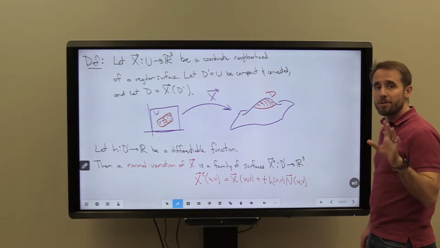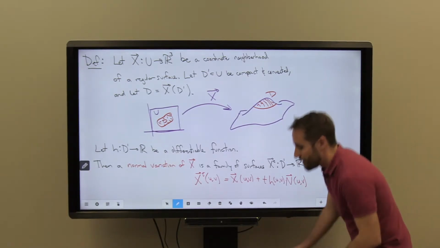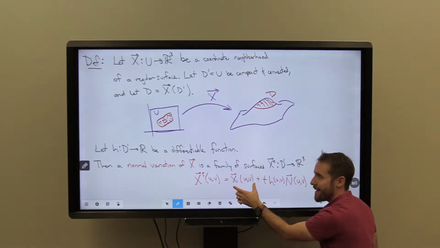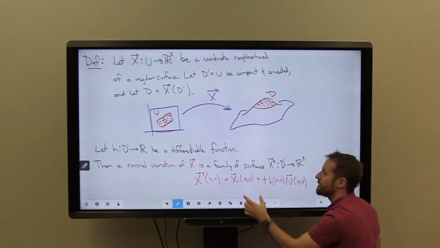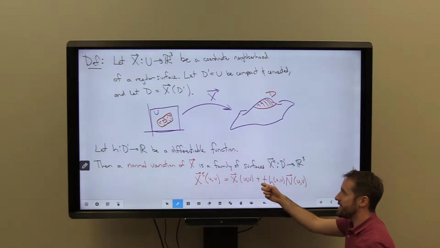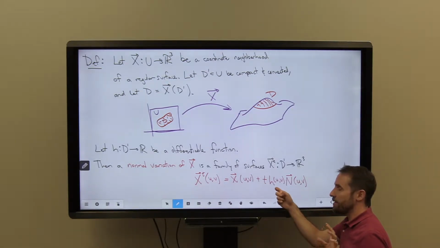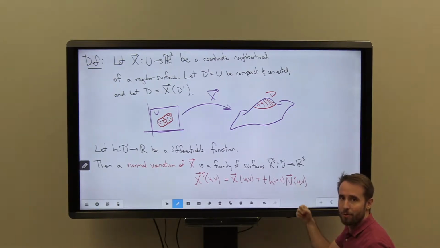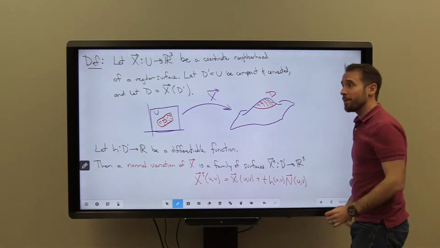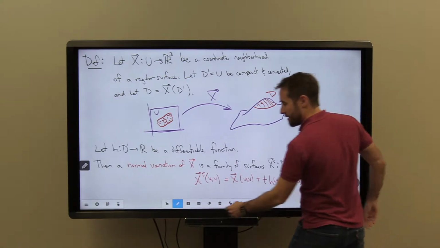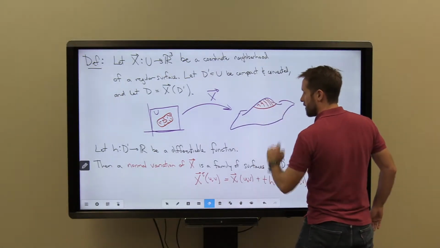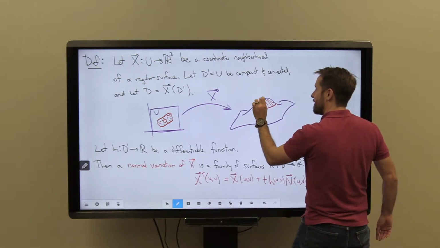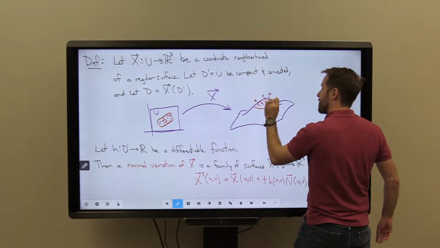The way that those surfaces are defined is they're defined so that at time t, I had my original surface, that was my x that was originally defined, plus t times my function little h times the normal vector capital N. So in other words, I can take this image here, I can measure the normal vector, so my n, at each of these points, and maybe this is my normal vector,